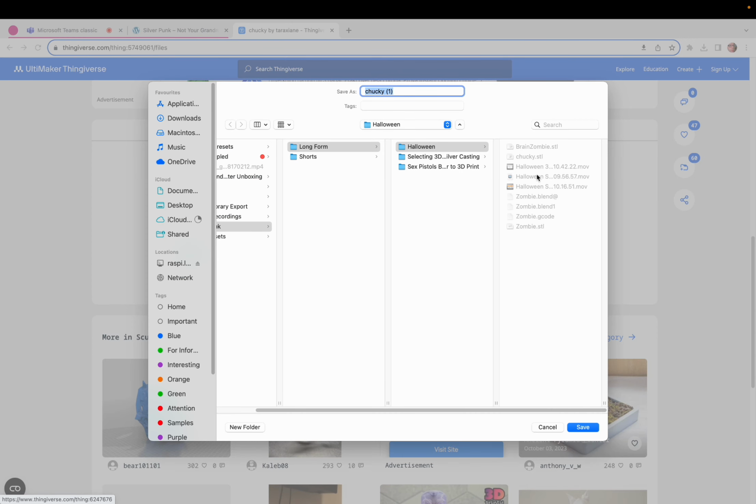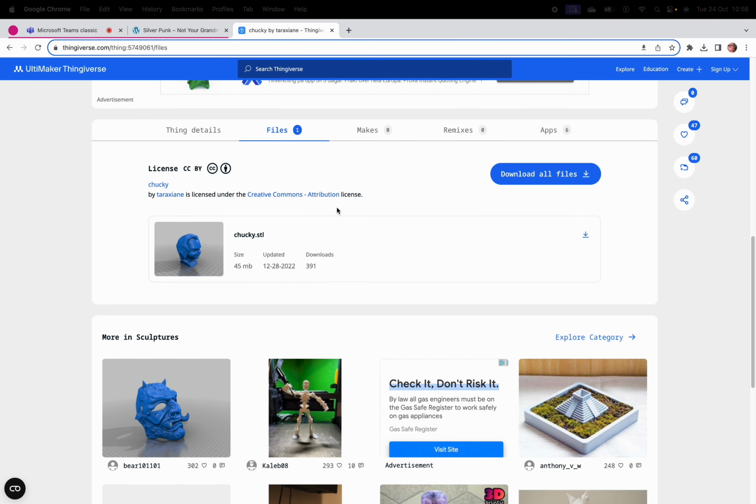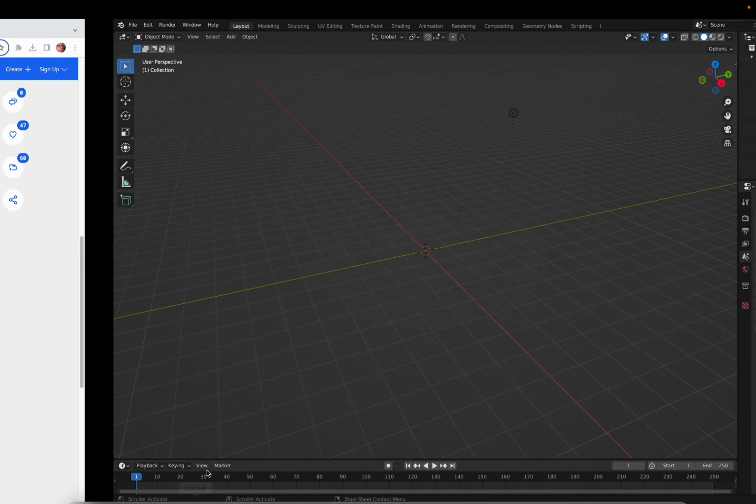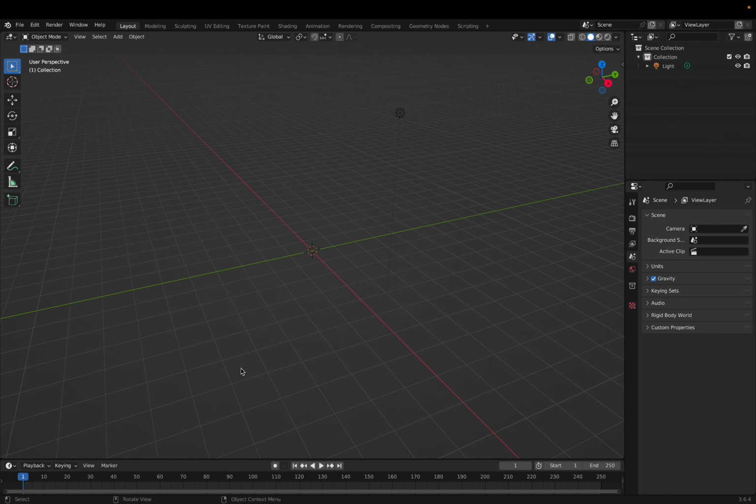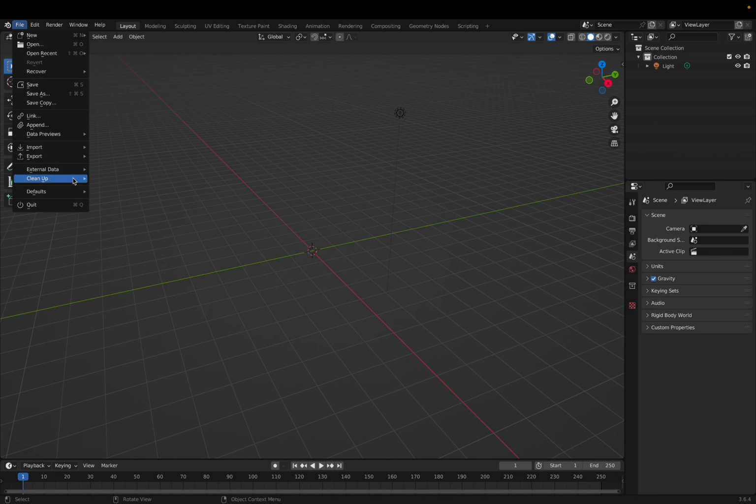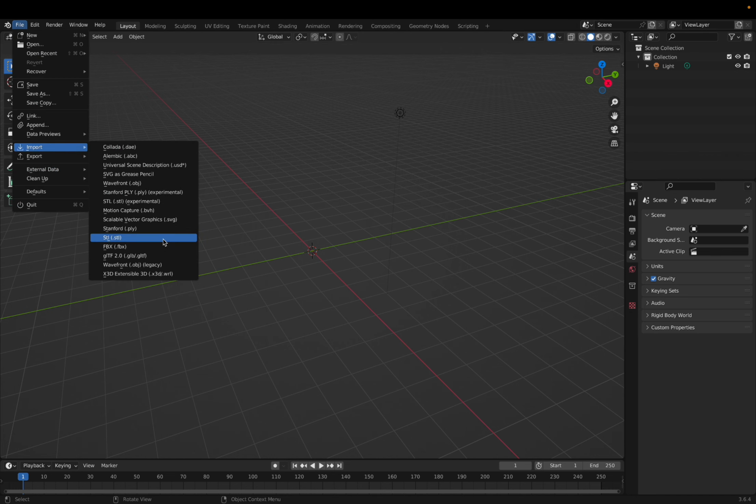Right, so let's download CHUCKY. I hope you're going to make it easier for me this time. I want something easy my end. Yeah, no, I've got you covered, mate. I've got you covered. So I've moved over into Blender and I'm going to import the STL file that I've